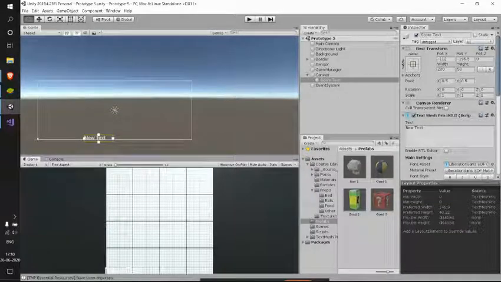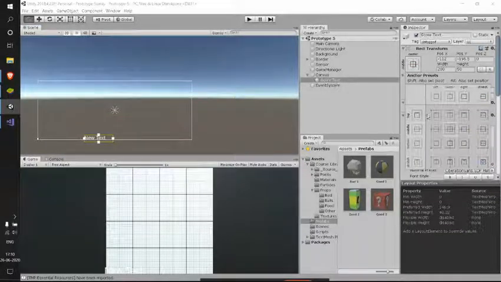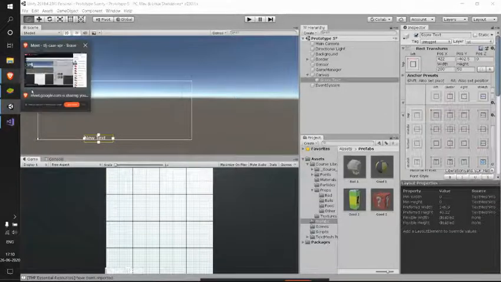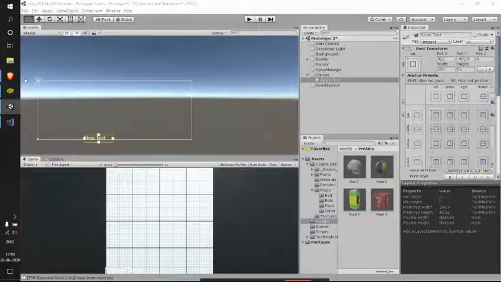Now we want our text to be at the top left corner of our scene, so I'll be clicking this particular preset. If I click this, see, our anchors have moved to this particular position, which is the top left corner. And now based on this position, I'll be moving my text.